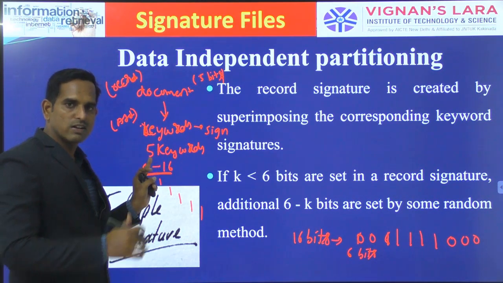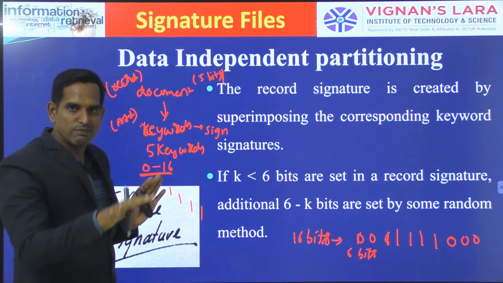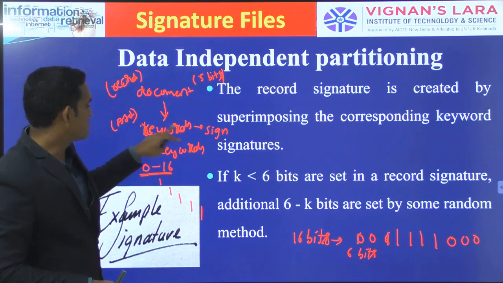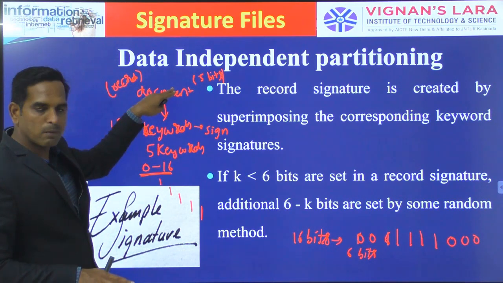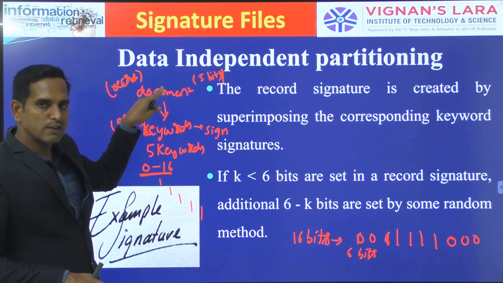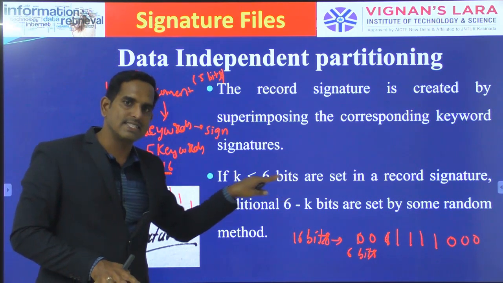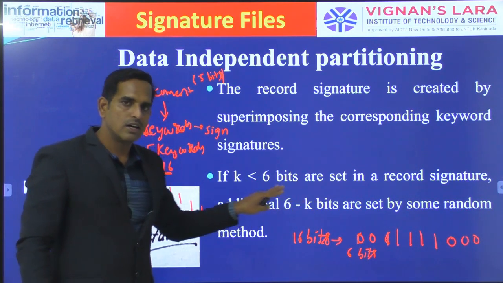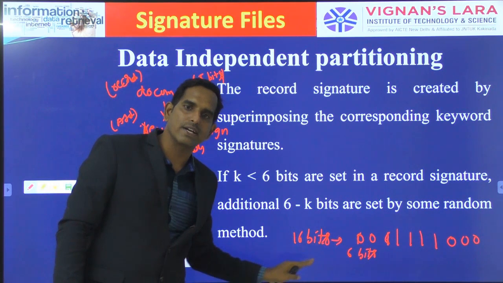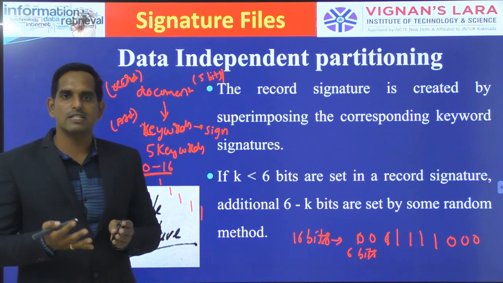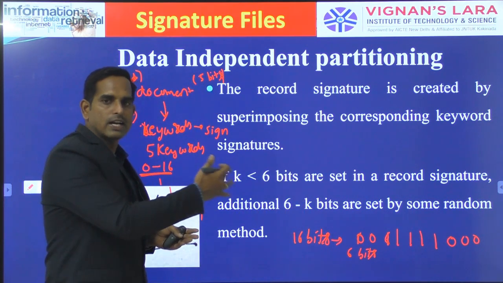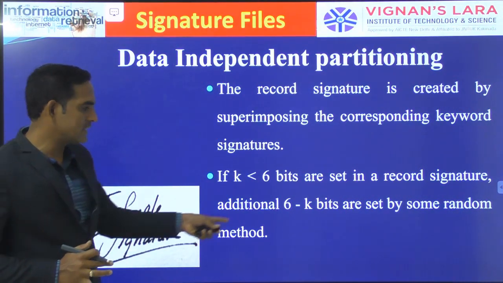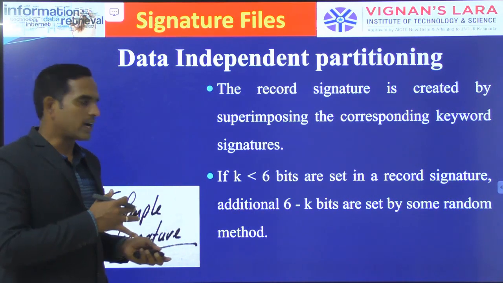So the 5 or 6 keywords will be mapped to different positions, and these particular keyword signatures will be superimposed to form your document signature. If in this document signature less than 6 bits are set, what we are going to do is take another 6 bits to complete your record signature. So if your document signature is having less than 6 bits, we need to make at least 6 bits set in your signature. Why are we taking this particular condition of 6 bits? So if you are having 6 bits set,